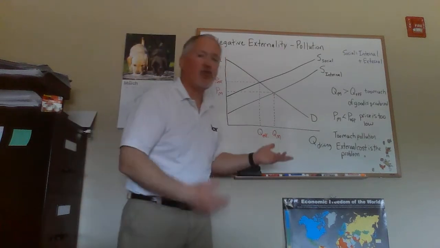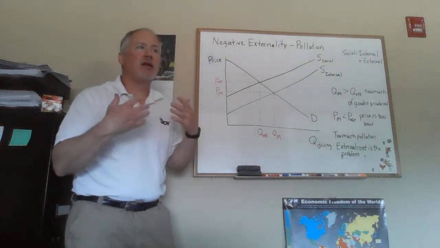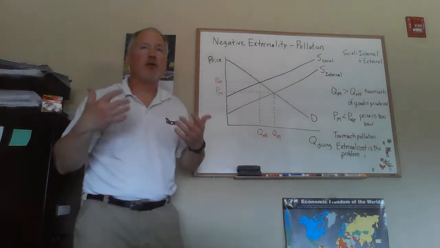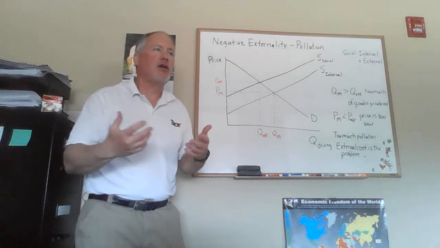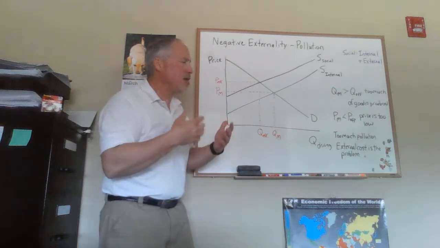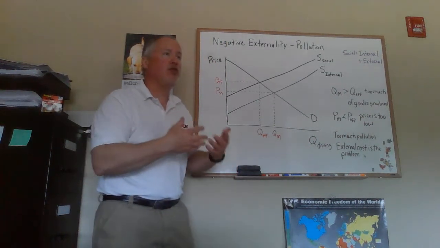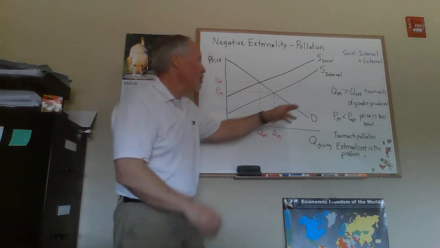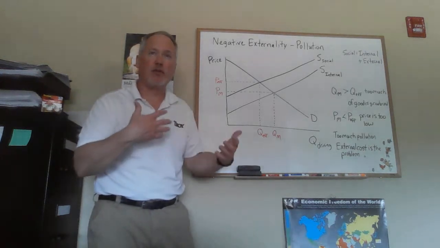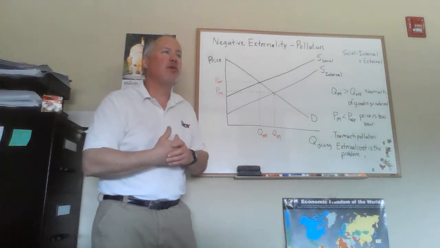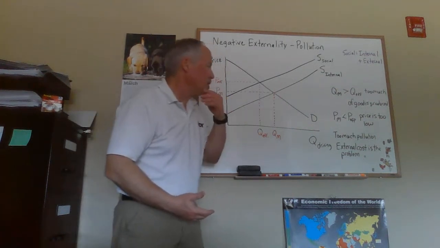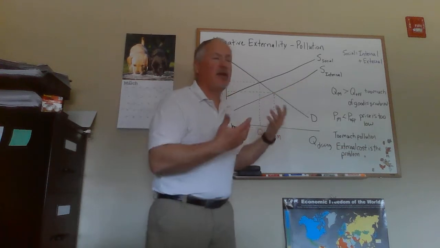So let's take the case of driving. We had a supply curve for driving, the cost of driving. And that would include the cost of a car and the cost of gasoline to power the car if it's a gas-powered car, and then everything else that would be involved with driving a car. Those costs are what we call internal. We haven't used this term before, but we've talked about the cost of doing something. We've always been talking about the cost that suppliers would have to bear to supply goods. So there's a cost of driving that drivers have to bear.